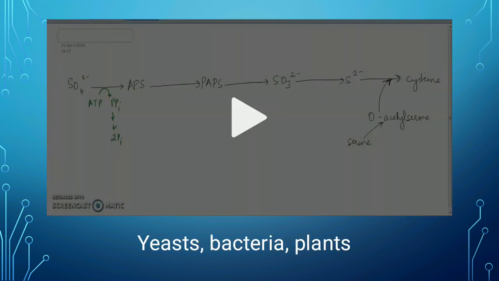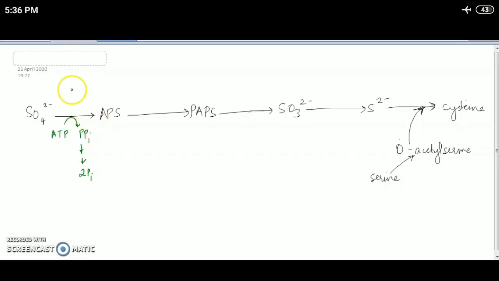In assimilatory sulfate reduction, as you can see here, it is carried out by most bacteria, yeasts and plants. All plants are able to assimilate sulfate. This is the form of sulfur that they absorb from the soil. So whenever there is sulfate present in the soil, this is the process. Assimilatory sulfate reduction is the process by which they assimilate, or incorporate, the sulfate into their own bodies or their own parts. So it again starts with sulfate.